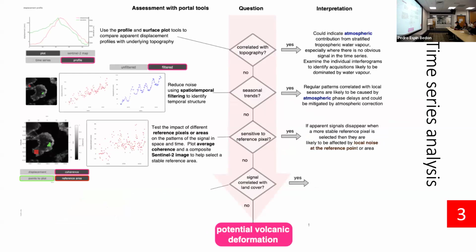The other thing that you can do is change the points that you're plotting. You've got a tool to switch between displacement and coherence in this map here, and you can select either a point to plot or the reference area. The reference area is, if you're plotting InSAR data, one of the things you have to get your head around quite quickly because it makes a big difference to what a time series looks like.